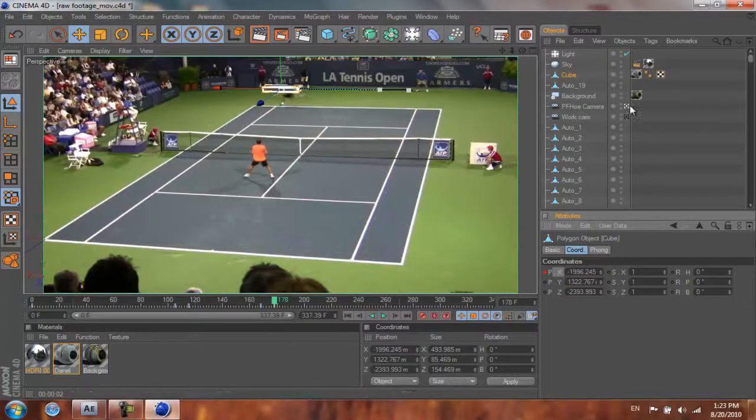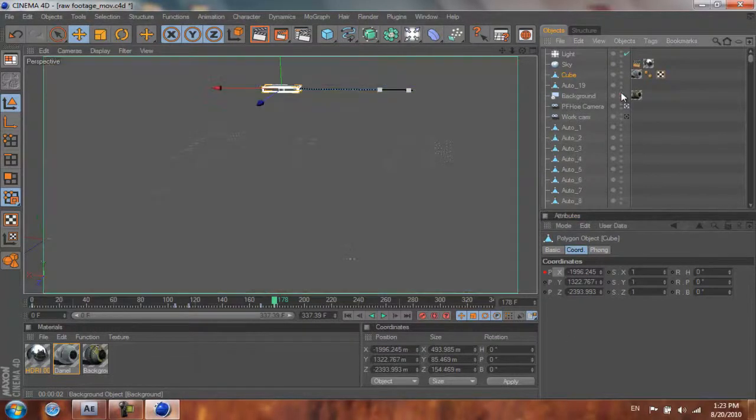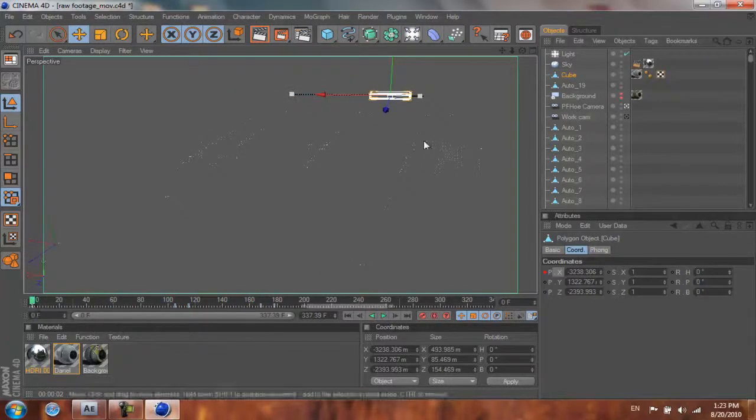And if we shut down our background for a second, you can see that our brick is moving kind of slow. Now, if you remember from the original game, the brick kept on moving constantly when you played against the computer. So what we're going to do is we're going to add a few random keyframes. So let's, I don't know, go to frame 23